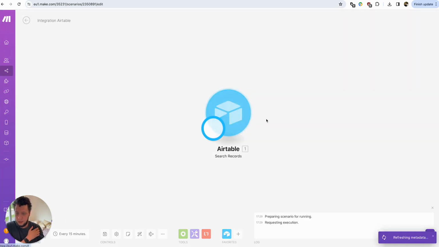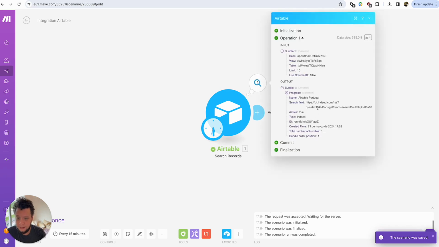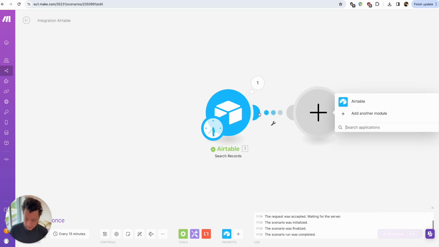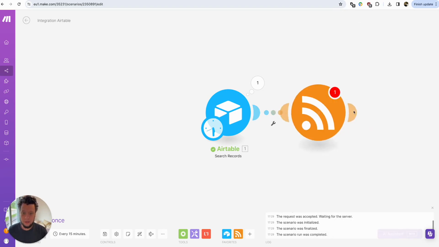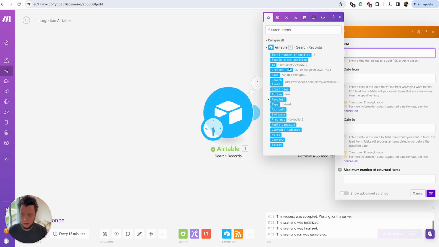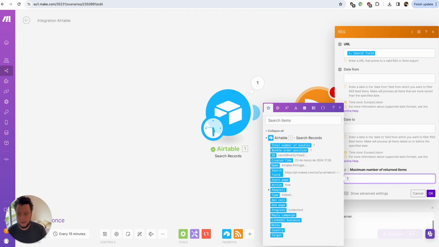If I run this module only, we see we have the results of the search field. So this is the RSS. The next stage, funnily enough, is an RSS feeder. We'll put in retrieve RSS items, and put in the URL as this one here. Just for the purpose of this example, I'm going to limit it to one while I'm doing the example for you people, so I don't use up all of my